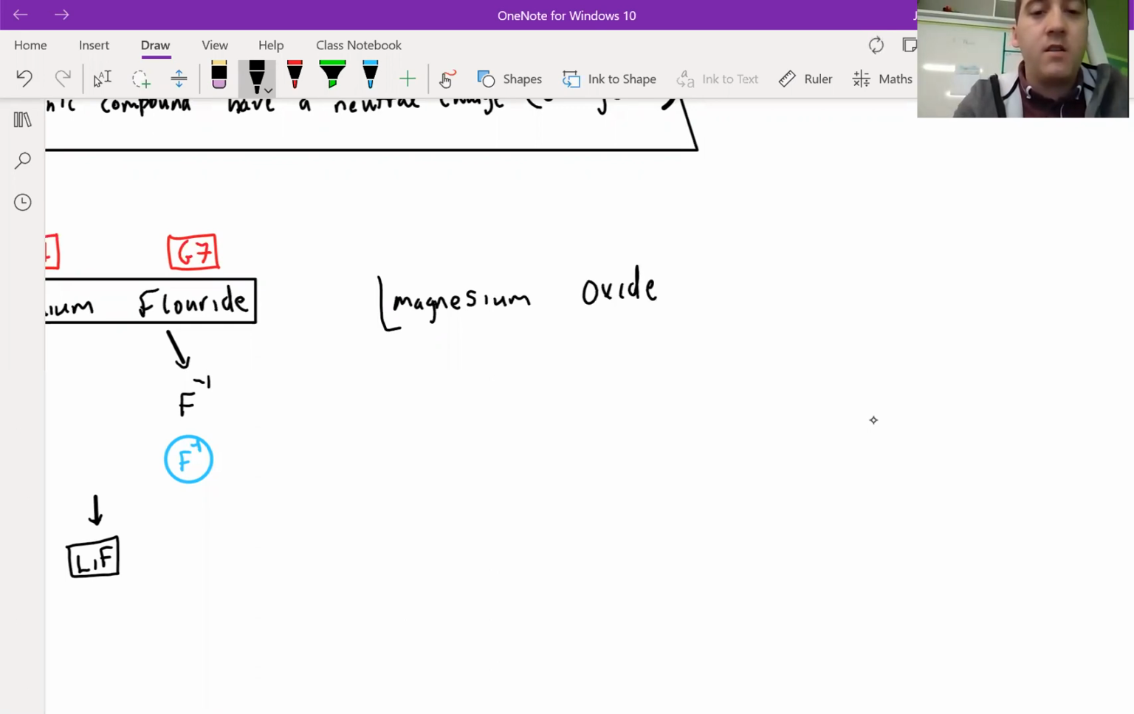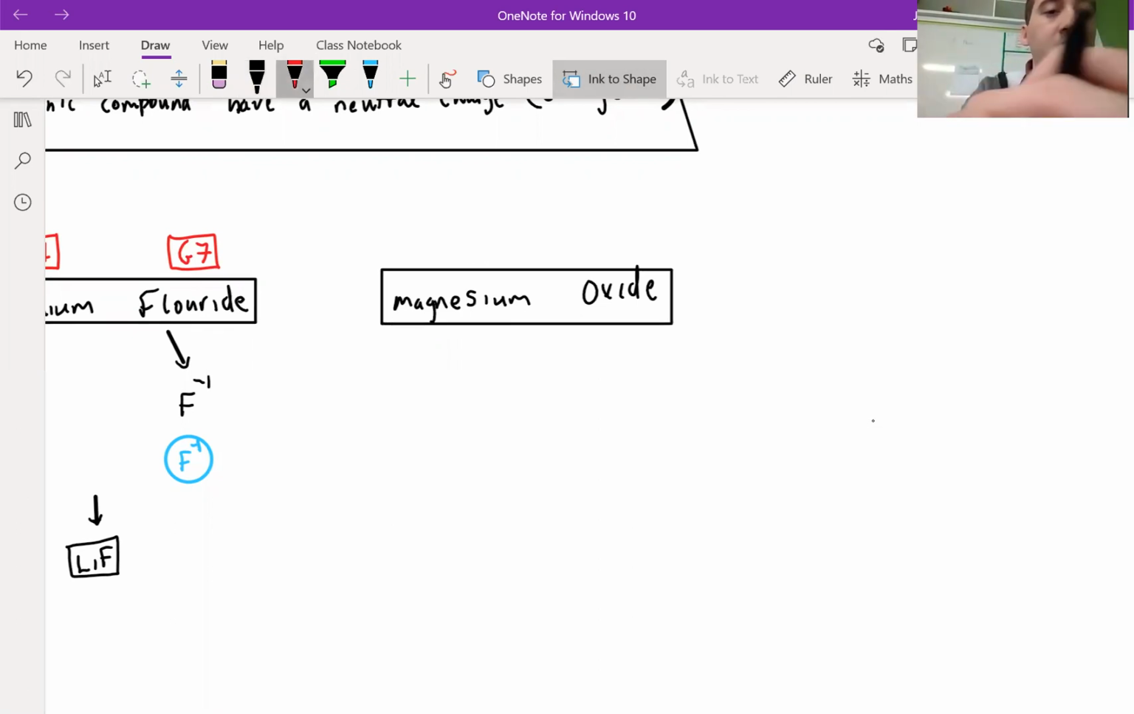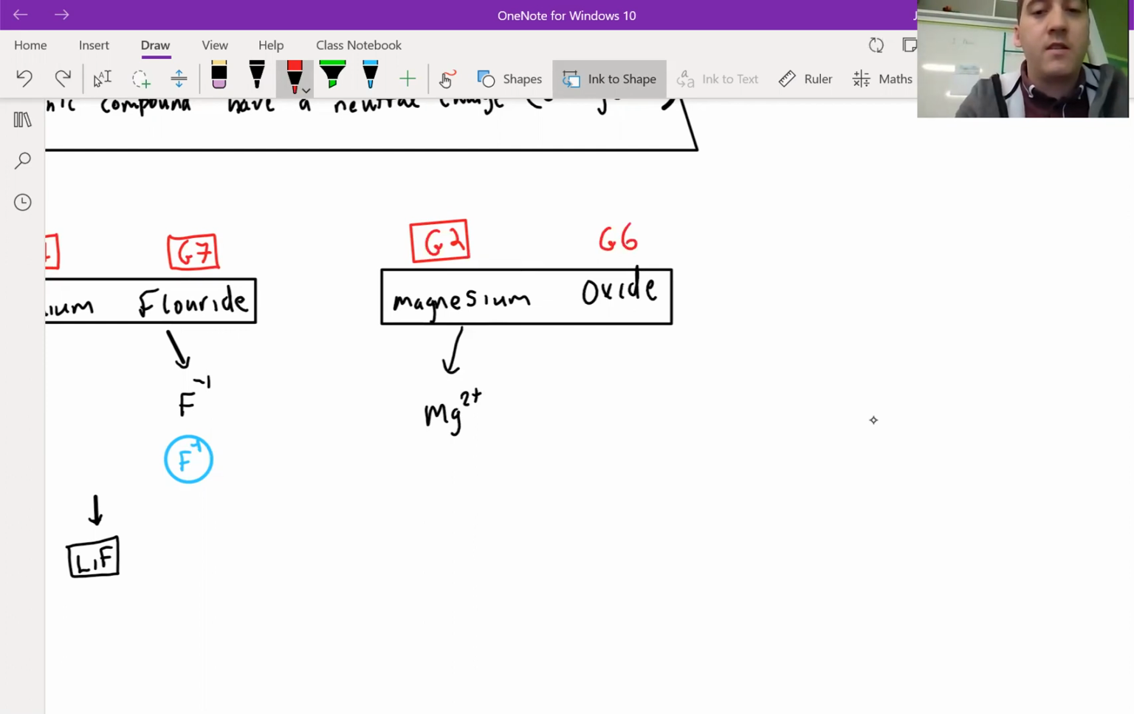So this second compound is called magnesium oxide. The first thing I'm going to do is figure out which group these are in. The elements are magnesium and oxygen. Magnesium is in group 2. What does that mean? That means magnesium forms Mg2+ ions. And oxide is in group 6, which means that it forms